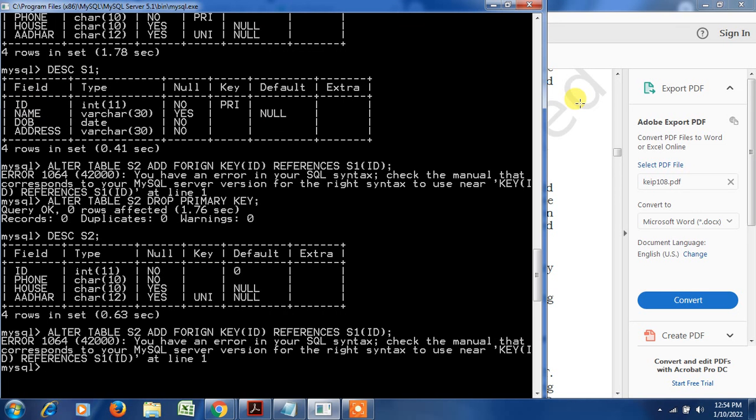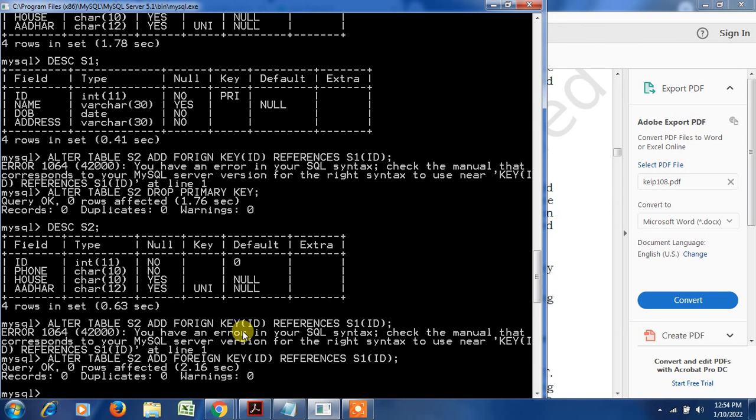Press enter. Why is it wrong? The foreign spelling is wrong. F-O-R-E-I-G-N. Foreign key references S1 ID. Press enter. Now you see that it has been added.